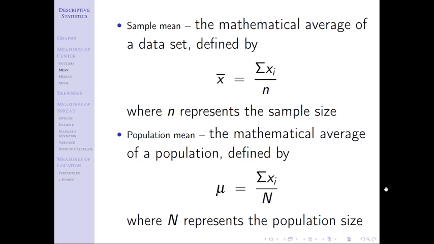As we move forward, we're going to have a lot of symbols that we're going to need to learn. Take note that our population values are going to often, not always, there's one exception we'll talk about later, be Greek letters. Our sample values often will be English letters. And so that's one easy way to differentiate, are you working with a statistic or a parameter?